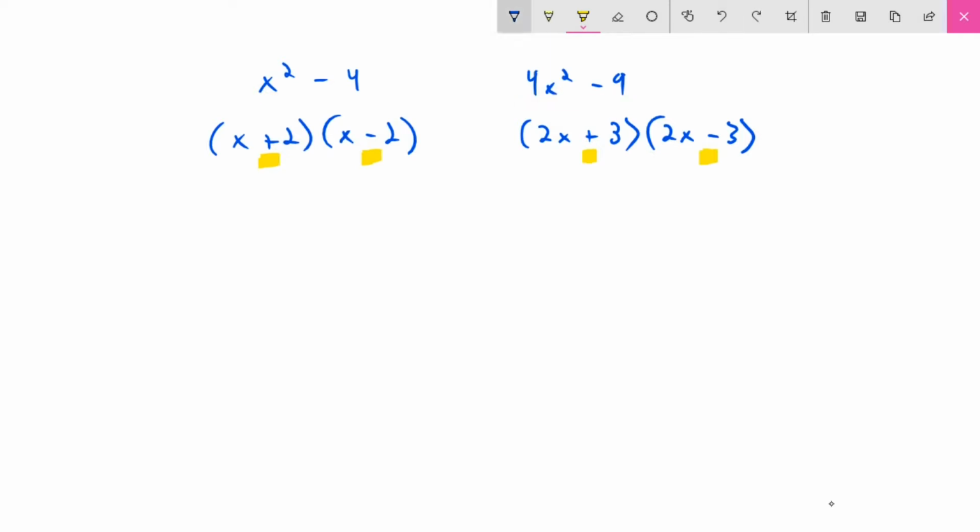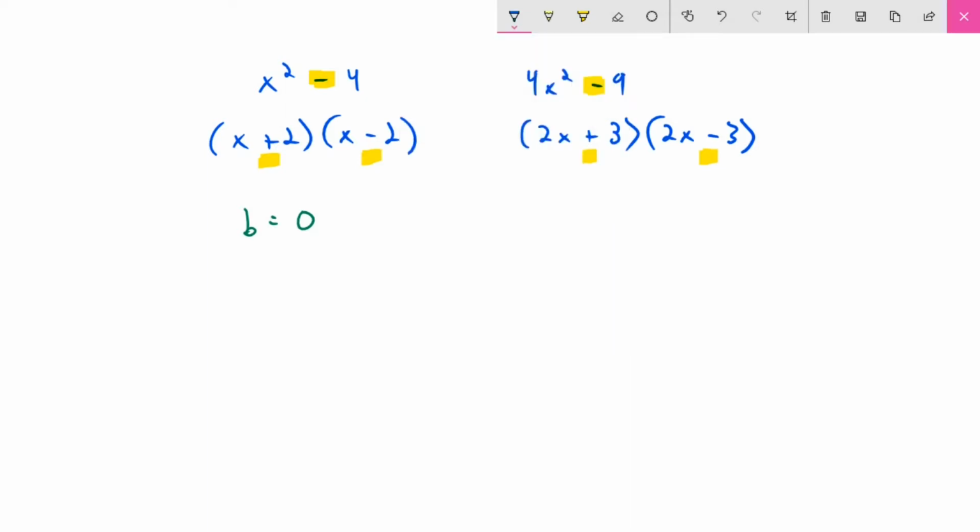One thing you might notice is that b is 0. There's no x term here. And another thing you might notice is that there's a minus sign right here. But there's one more very important key about all the terms: x squared, 4, 4x squared, 9. What about them? What if I told you